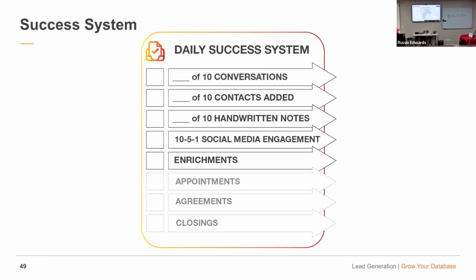Then your 10-5-1 social media engagement is 10. This is a little different than Rachel Adams Lee's, but this one's 10 likes, 5 comments, 1 direct message. Rachel Adams Lee has one called the 555. Five minutes before she posts, she engages with 5 people with 5 words or more, and then you're going to pop up in those people's feeds. If you really want to be successful at that, target 25 people a week. So pull up your Facebook or Instagram or Twitter or whatever you're on and find those people you have not communicated with recently, because you're probably not seeing their stuff, which means they're not seeing yours.